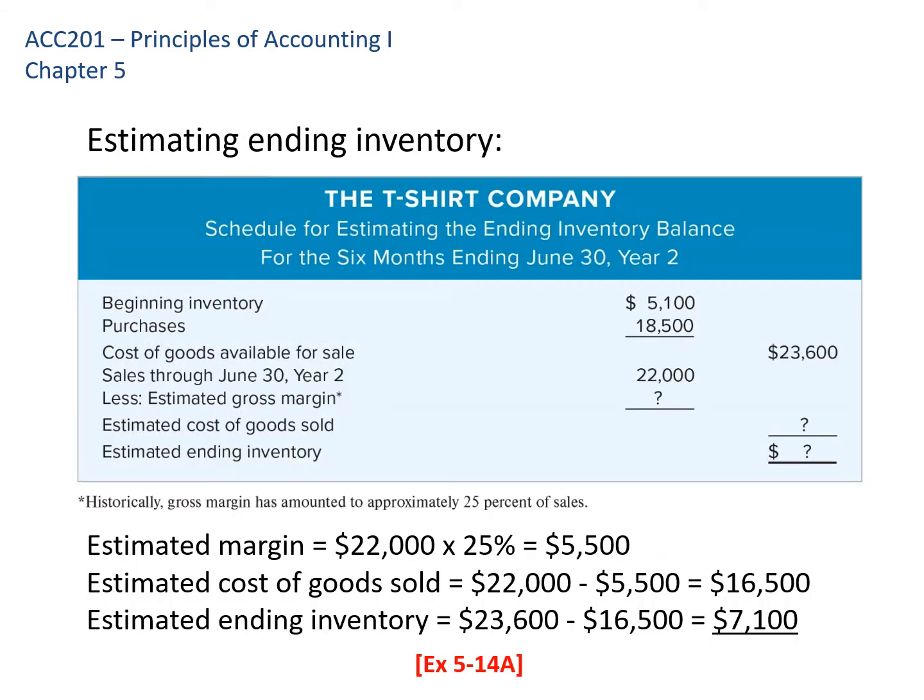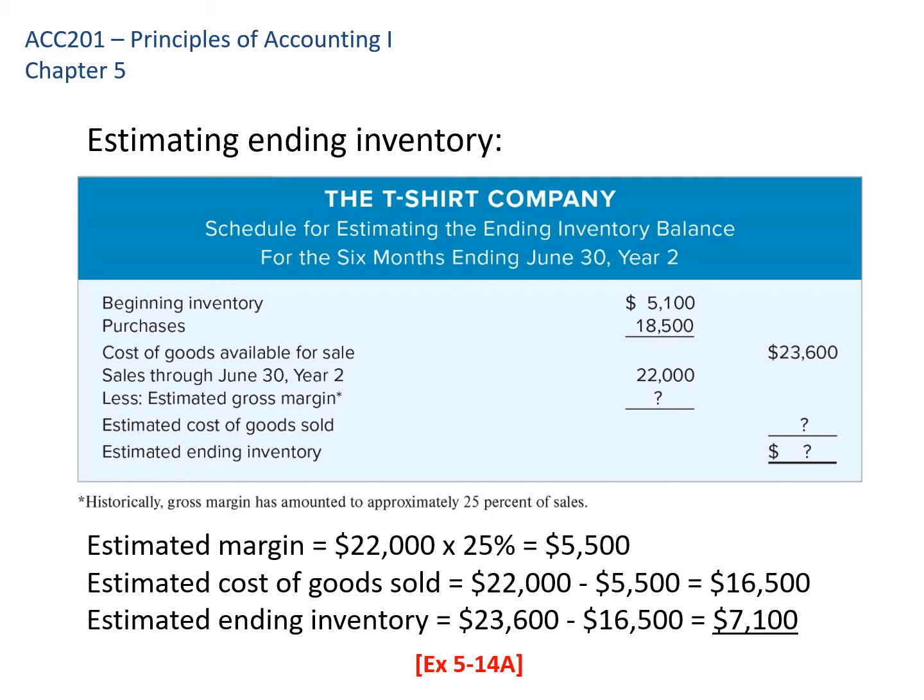The next one, the last topic I want to talk about, is estimating ending inventory. So in some cases, you might have a fire or something like that that destroys a bunch of inventory, or somebody breaks in and steals a bunch of your inventory, and you need to figure out, well, how much do I have left at the end of the period? Well, one way to do that is to say, well, I know what my beginning inventory is, and I know what I purchased during the year, so I have goods available for sale of $23,600. Okay, so if the sales through June 30th, when the loss took place, were $22,000,